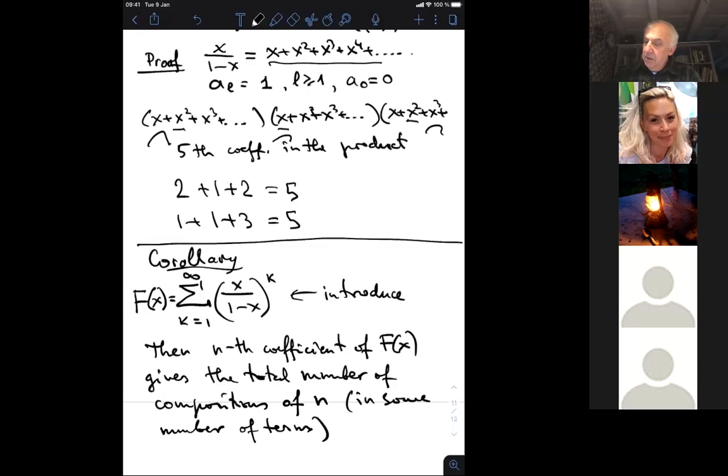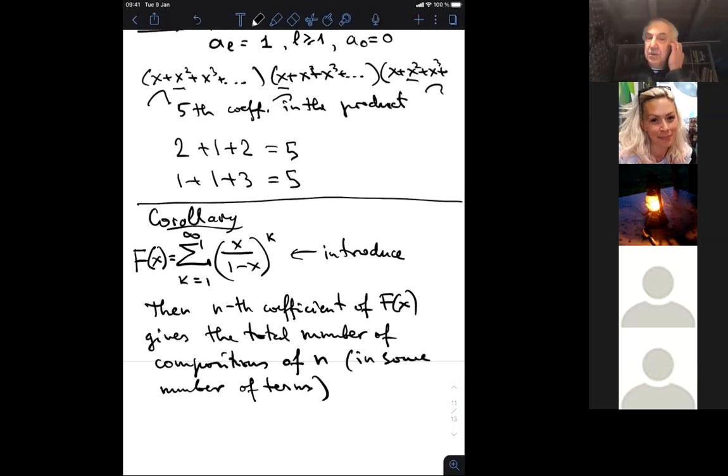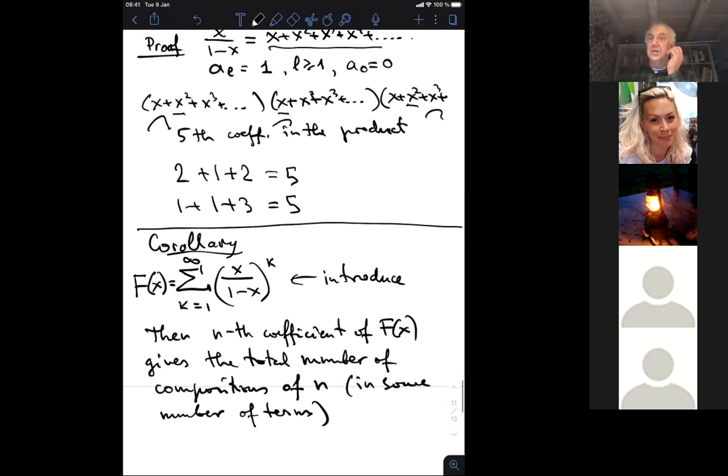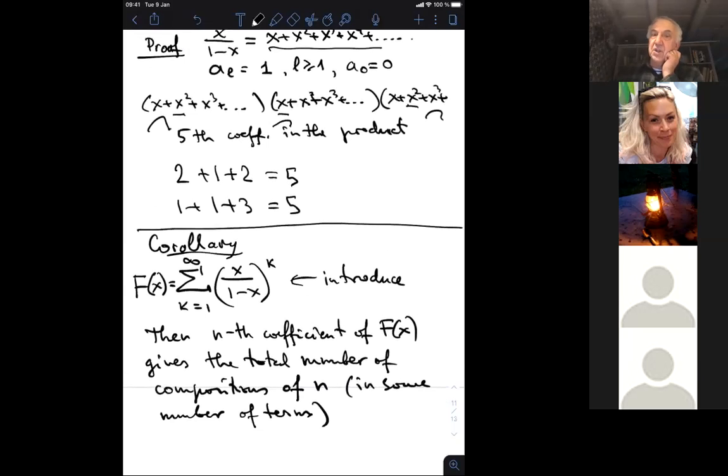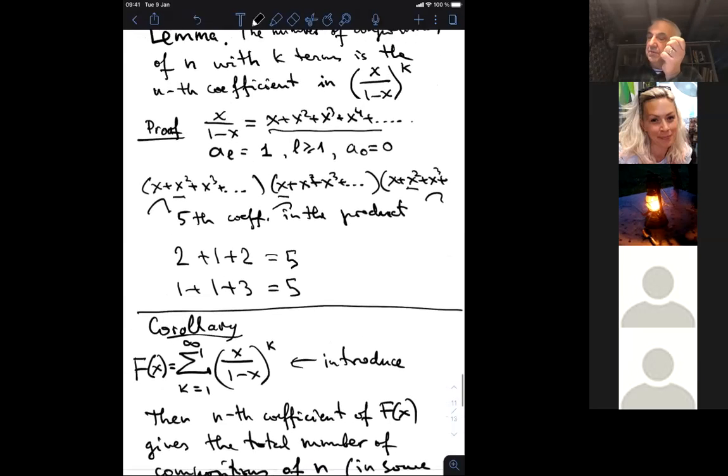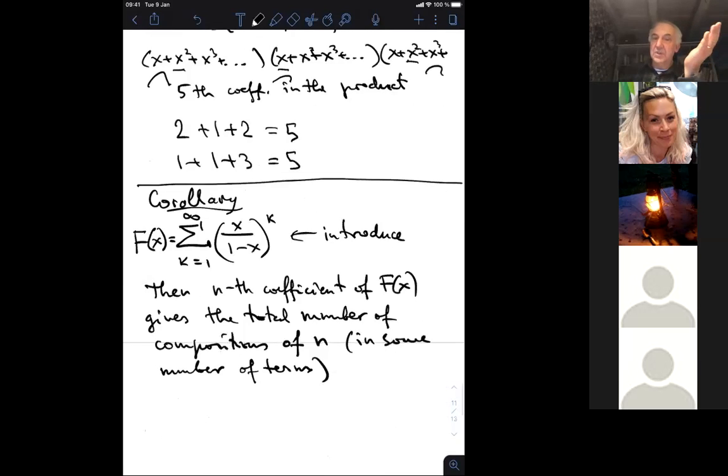Why is that? Well, it's obvious. K equals 1 gives us a composition with one term. K equals 2 gives us a composition in two terms. It's according to the previous lemma. K equals 3 gives us a composition in three terms, and so on and so on. If we add up the nth coefficient from each of these series, from each of the powers, we'll get the total number of compositions of n with any number of terms. One term from the first one, two terms from the second, three from the third, and so on. Okay, now